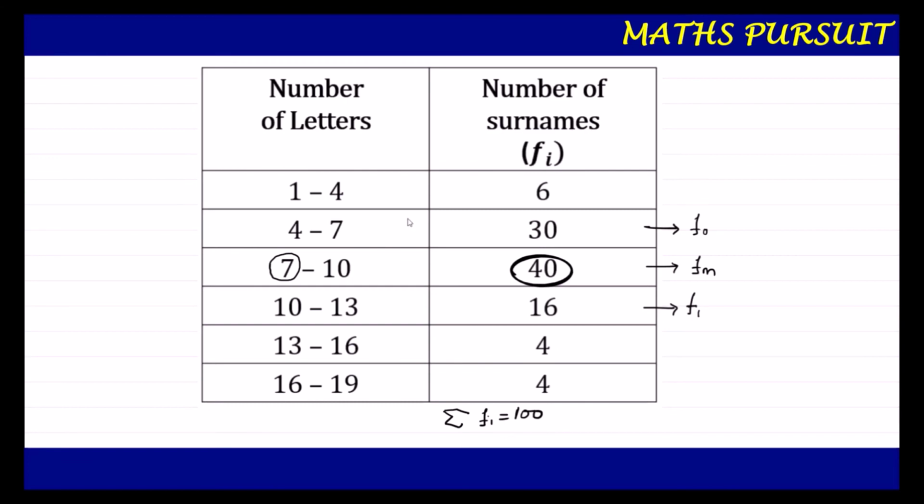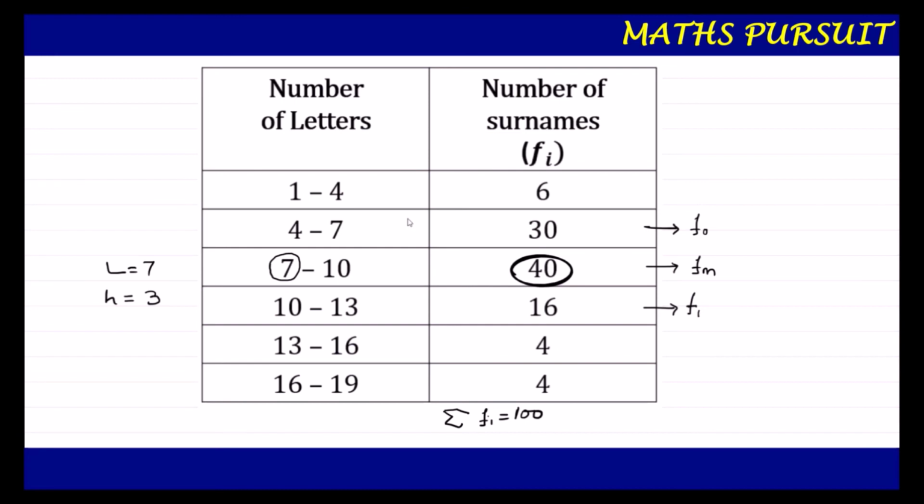And guys, what did we get? We got L is equal to 7 here. And also we require the class height. If you just look here, 4 minus 1 is 3, or 7 minus 4 is 3. That means upper limit minus lower limit, we are getting 3. So here the class height is 3.